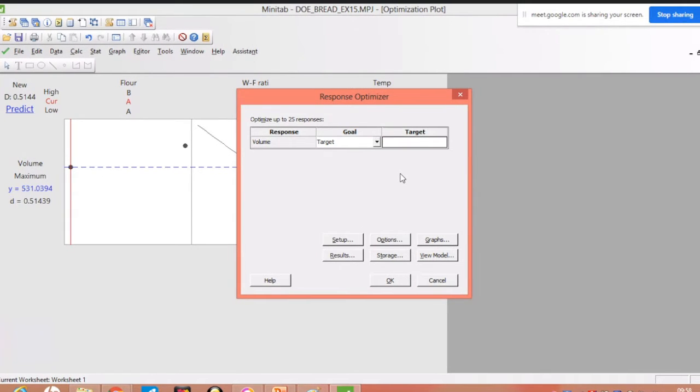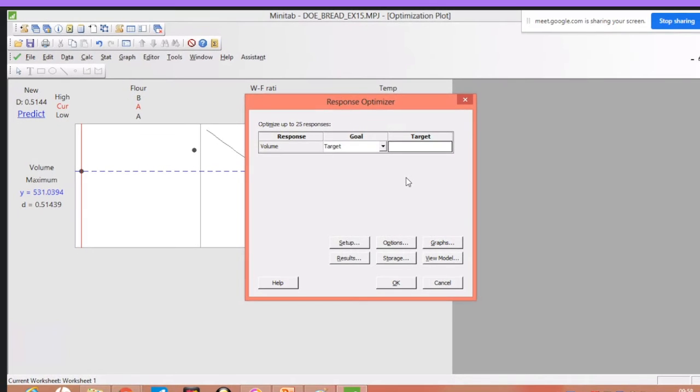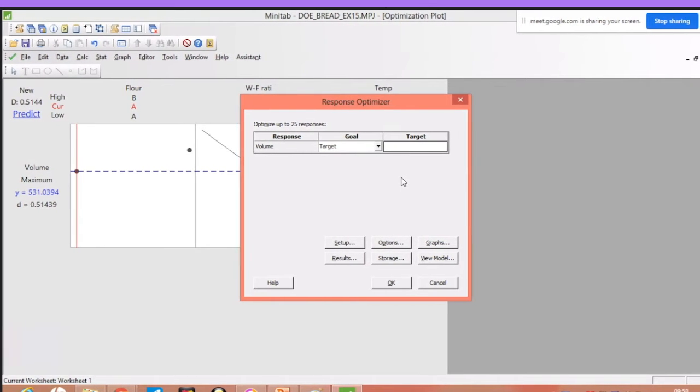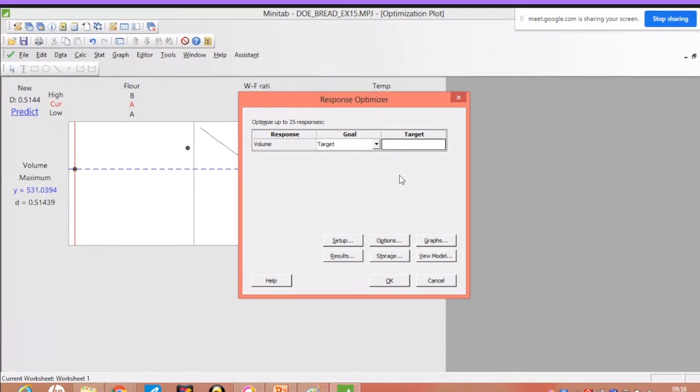Now, very important after the design of experiment. So you have used the optimizer, and you have got the factor levels. So after this, you have to do a confirmation run. That is very important. So what is the confirmation run?